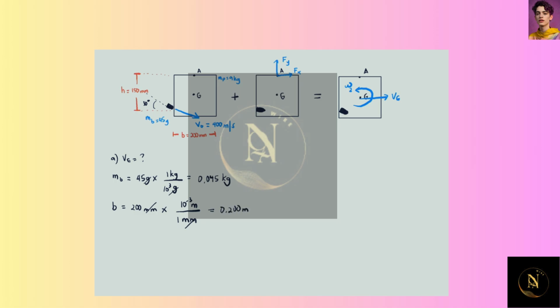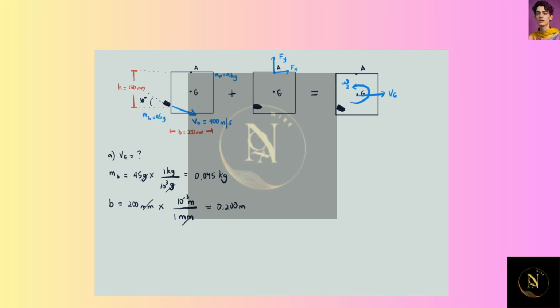0.200 meter. And lastly, for the H in the diagram, the distance from point A, where the bullet hits the panel, is 150 millimeters. So multiplying it by the conversion factor, 1 millimeter is 10 raised to negative 3 meter, this will be